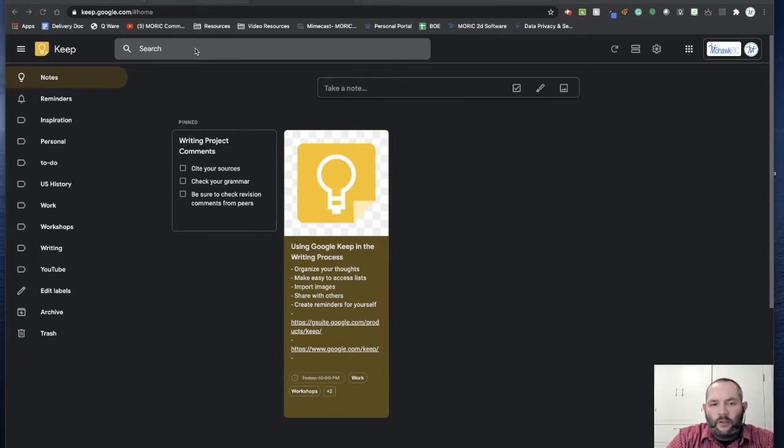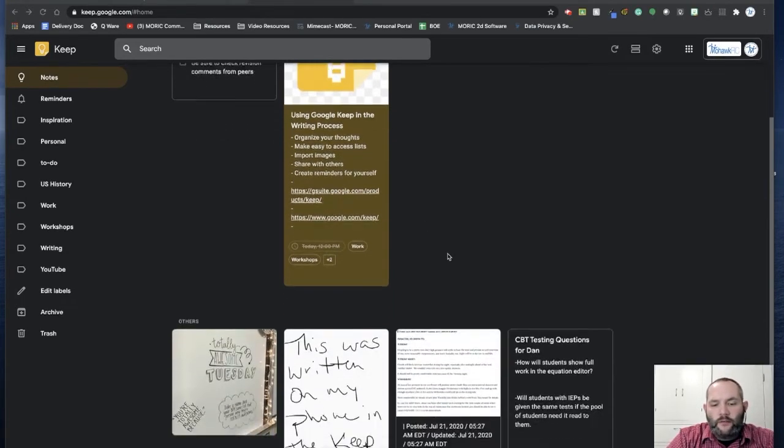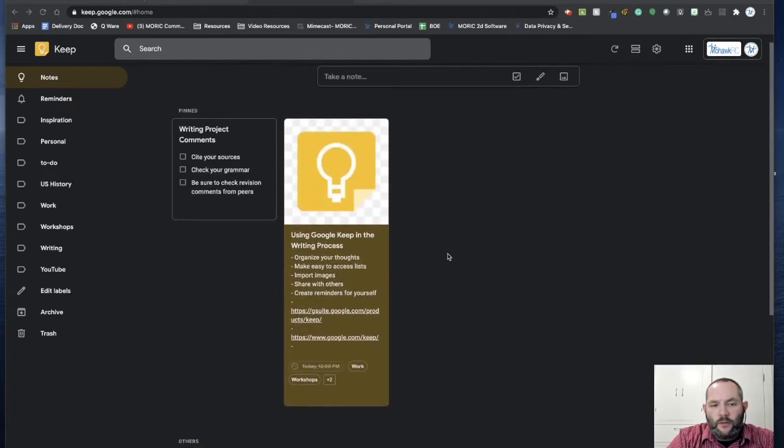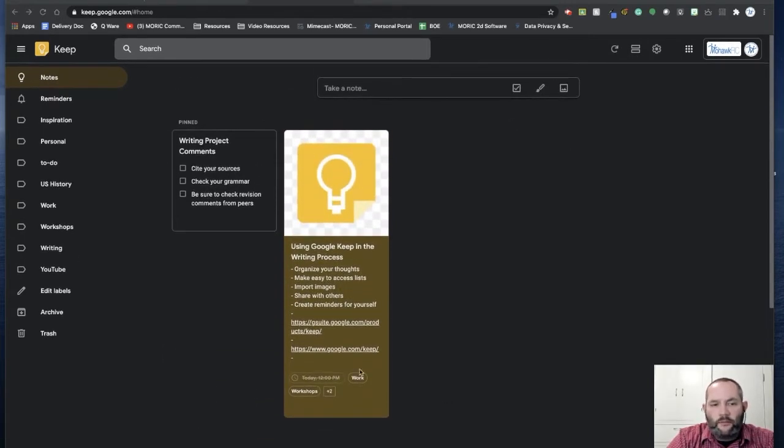Across the top, you'll see a search bar. So once you've created a bunch of Google Keep notes, it'll be easy for you to find any of them at any time by doing a quick search. You'll also see at the top a quick and easy way that you can create new notes. So this is just a nice simple interface where you can quickly click on that. You'll also see I have some notes that I've already created here. Those are all the notes that I've created, and just like Google Drive, they will show up here as their own individual tile.